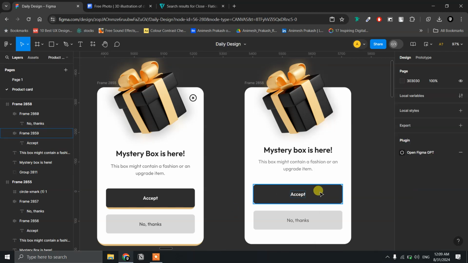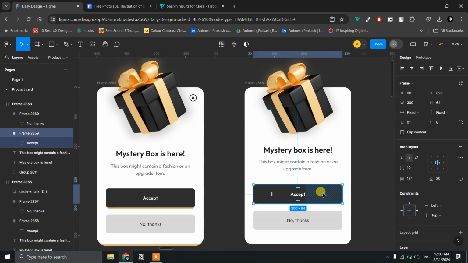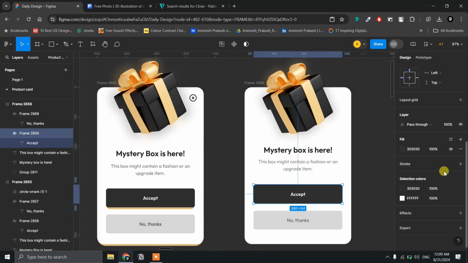Now for this button to stand out, and since we want people to accept this gift box, we will highlight the button and put more emphasis on it. To do that, we'll add a stroke at the bottom of this button. So you can see the stroke property here. We'll click plus, and instead of inside, we'll select outside. We'll increase the stroke weight to 6,